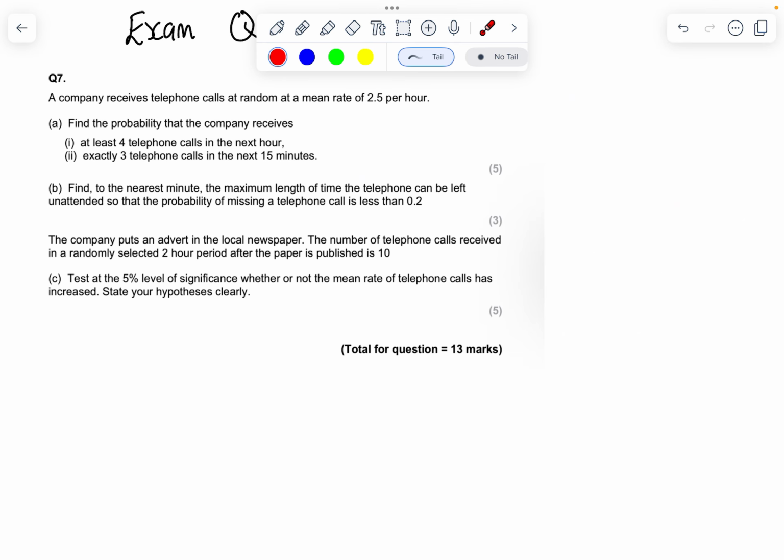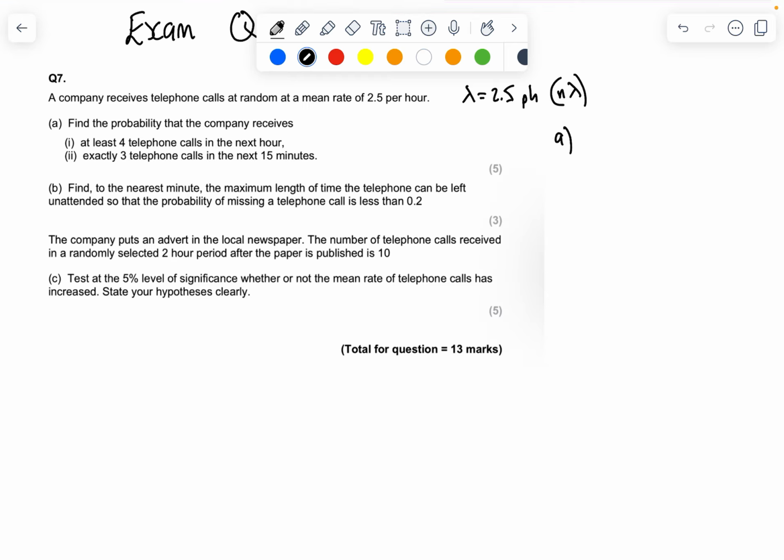Right, sorry. I just wanted to go through and make this exam question a little bit clearer. Right, okay, we've got a question. A company receives telephone calls at a random rate, at a mean rate of 2.5 per hour. So that means that our lambda is 2.5 per hour, because remember that we have n lambda depending on the time period. Okay, so for A,